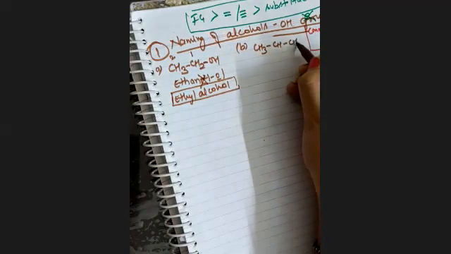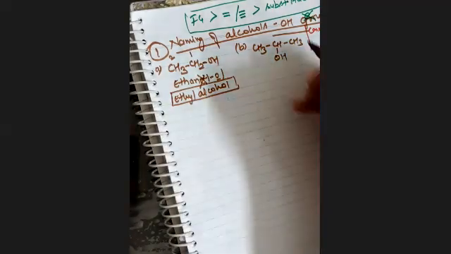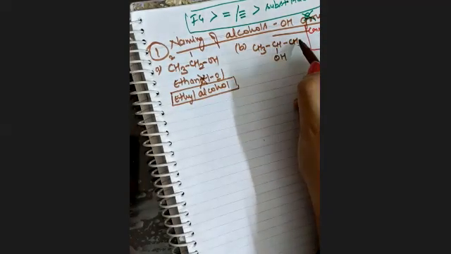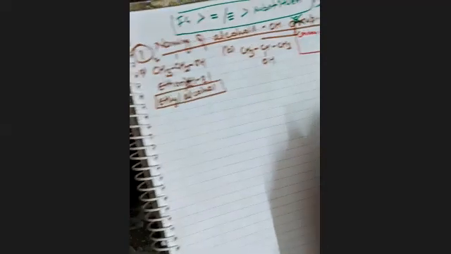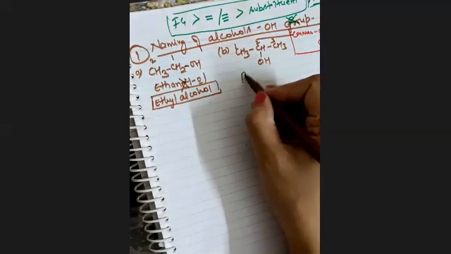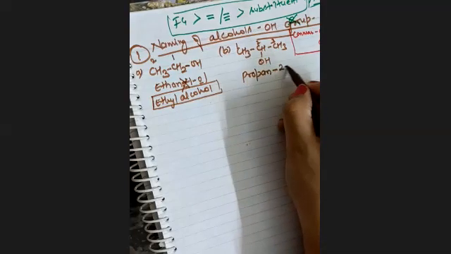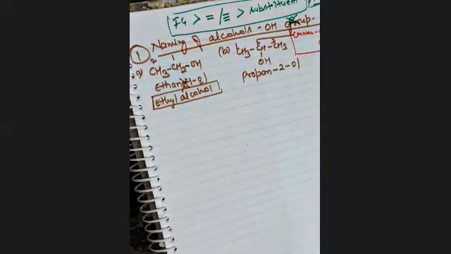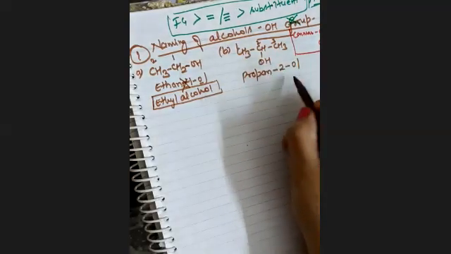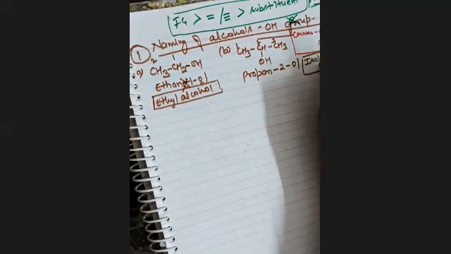CH3, CH, CH3, OH. Now, big confusion that from which carbon we will start the nomenclature or counting. So you can start from this side. It will come 1 and 2, 1 and 2. So you can continue from any side. So I'm starting from this 1 and 2 and 3. Okay. 3 means propane. On second carbon we have all group, that is propanol. And remember this type of arrangement was isopropyl alcohol.